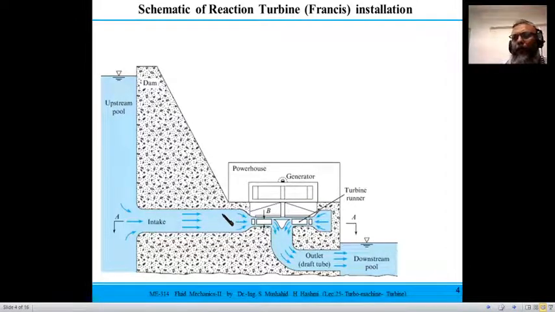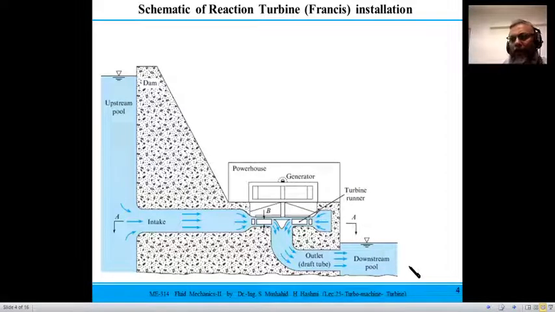So first fluid enters into the guide vane and then goes into the runner, and then whatever fluid imparts energy to the shaft, and the shaft is in rotation, and that power is transferred to the generator so that we can generate power. And whatever fluid comes out through this tailgate, usually it is a draft tube, not shown here as a draft tube, but usually it is a draft tube, and this draft tube takes the water out,